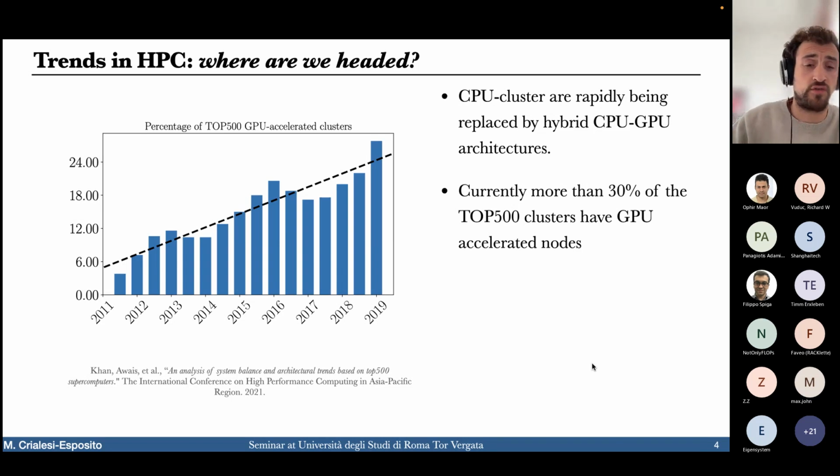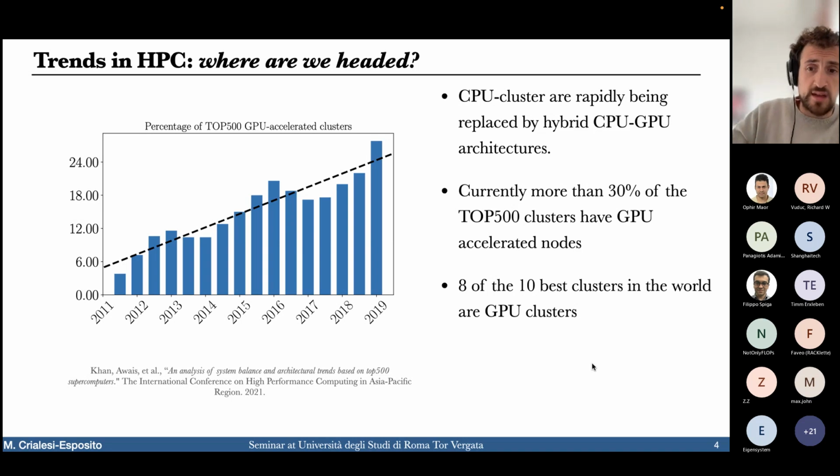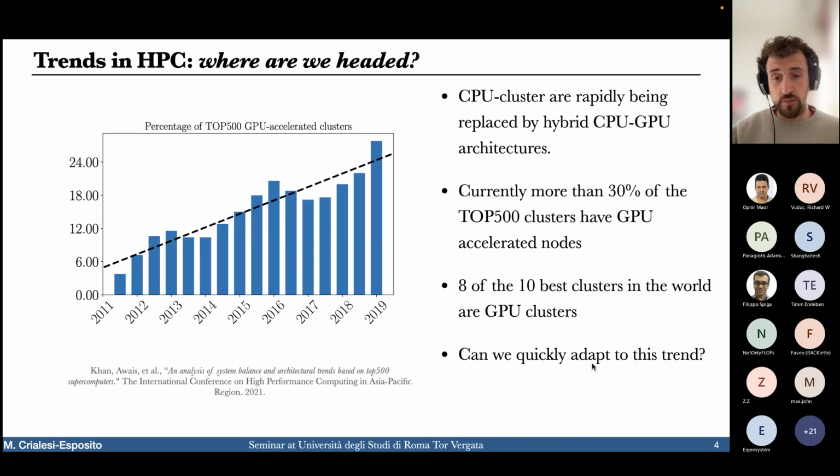Roughly 30% of the top 500 right now is GPU accelerated nodes. And I don't know if these data are updated, as you can see they're from 2001, but 8 out of the 10 best clusters in the world right now are GPU. And the question is if we can adapt quickly, which for us is quite a complicated question to pose, because as you probably know, when you create a GPU accelerated code, the code itself has to have a specific architecture, which has to be supported by the type of physics you simulate, but also by the type of application you want to simulate. And therefore, it's important to have this trade-off and have a code which is written in a way that can be easily expanded both for